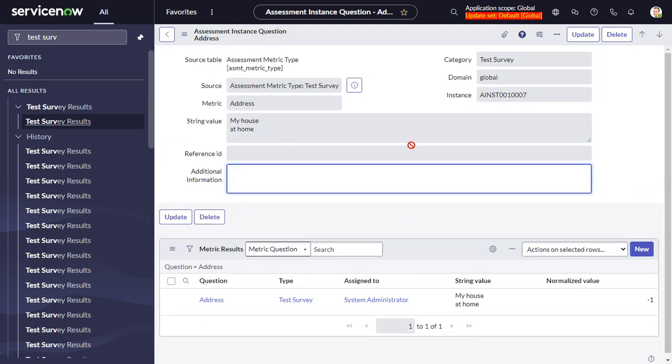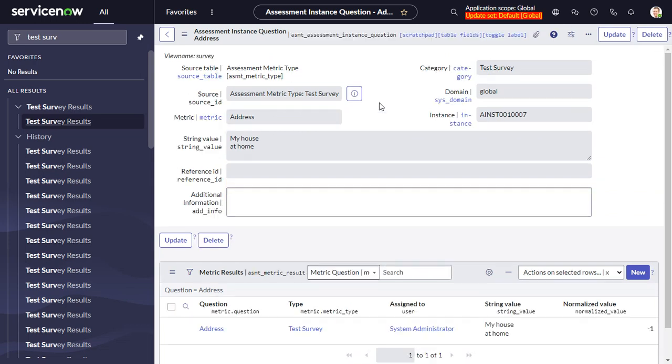So this is the answer record, the assessment instance question, or instance question, I should put the emphasis there. But the metric is the actual question. So I walk over to the metric, and I get the sysid of this metric, because that is how I say, oh, okay, well, the sysid of address,